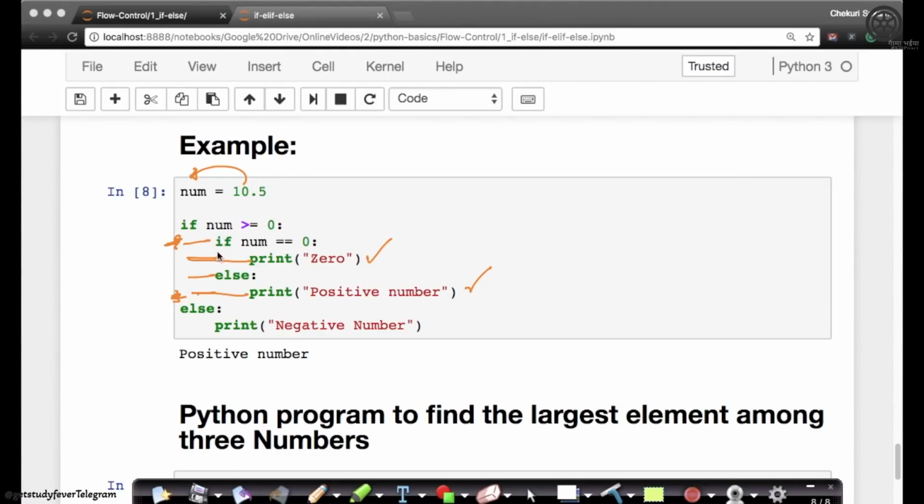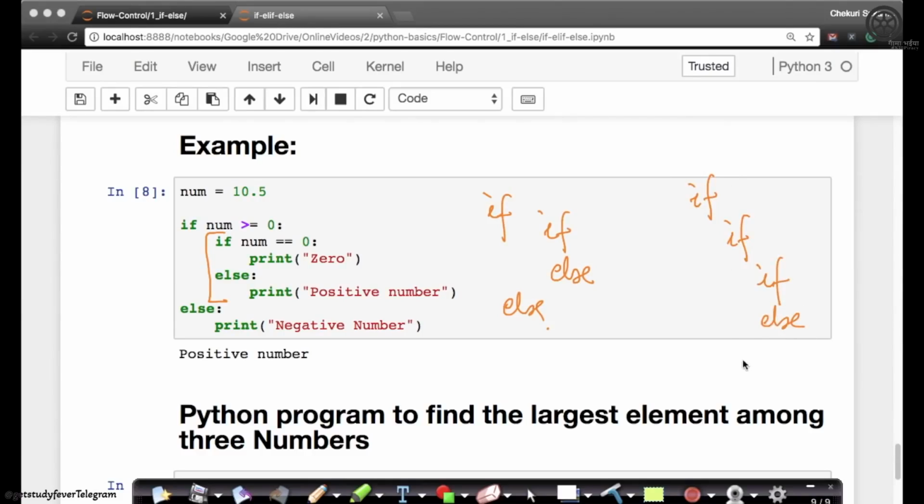So this block of code here is like your regular if else, except that this if else is inside an if. This is called nesting, because we have an if else inside an if. And you can have multiple levels of nesting. You can have nestings like this: if, else. So this is 3-level nesting, because inside an if you have an if, inside an if you have an if, and look at it. As soon as you have this very nice structure of indentation, you'll get the order much more easily instead of having these blocks.